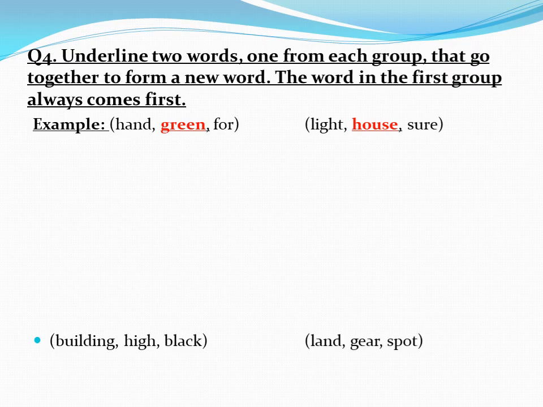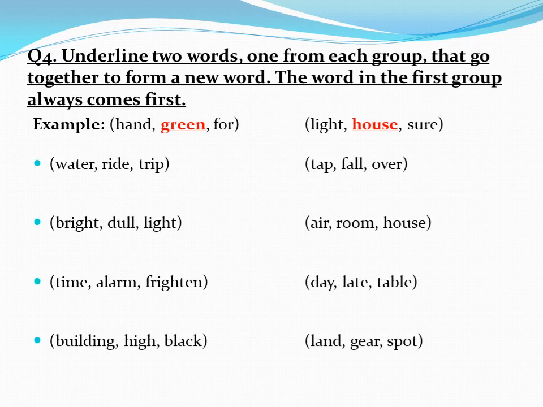The second one is greenhouse. Yes, that's a word because we have greenhouse gases or greenhouse effect, or you have a greenhouse. So that always comes as one word. So using the same method, let's try and make some more words.